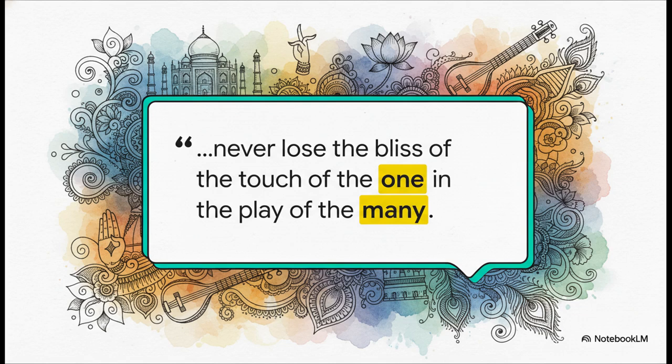So when you put it all together, maybe the best way to think about this great Indian puzzle comes from the poet Rabindranath Tagore. He saw the beauty not just in the many or just in the one, but in that dynamic, creative dance between them. And I guess the question that leaves us with is this. In our world, it's getting more and more connected. How can we all cherish the play of the many without losing touch with the things that make us